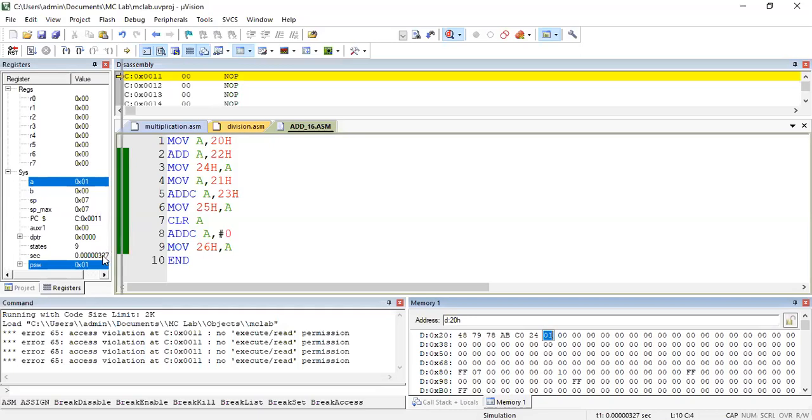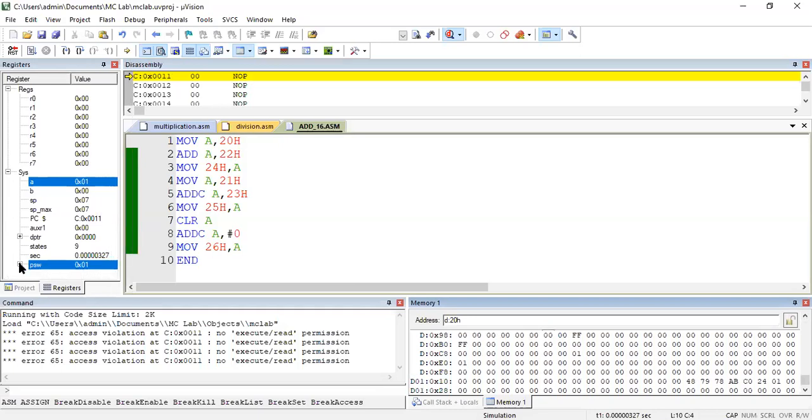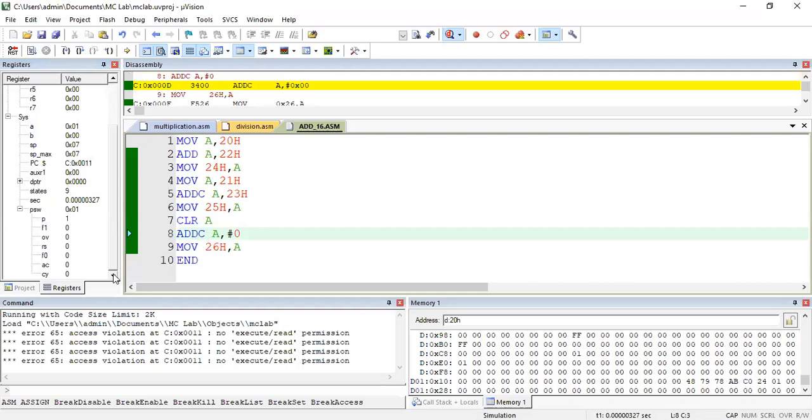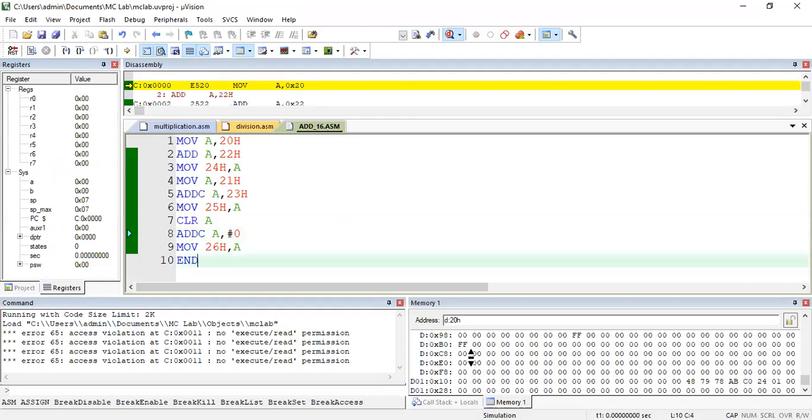That carry, if you examine the PSW or program status word, you can see it. At this juncture you cannot see the carry because this is after the execution of the ADDC instruction. After the ADDC instruction, that carry is added with A and occupies A. The result of the addition will not have a carry in this case, but the earlier addition was generating a carry, right? So then it would be 1. If you want to see it clearly, let me do it again step by step.